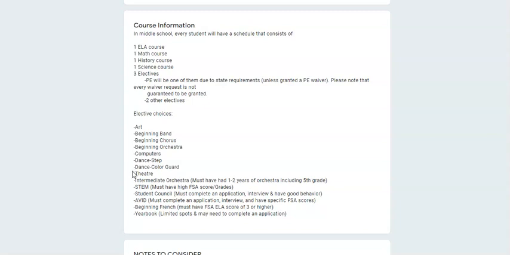There's also theater, and there's another level of orchestra called intermediate orchestra. So you have to have played orchestra for 1 to 2 years, including this year in 5th grade. There is a STEM class, and one of the requirements for STEM class is that you must have had a high FSA score and good grades. There's student council, AVID,